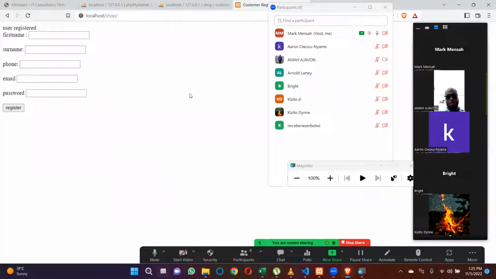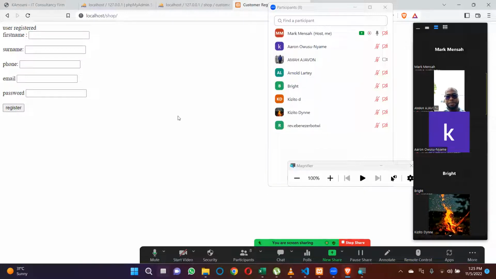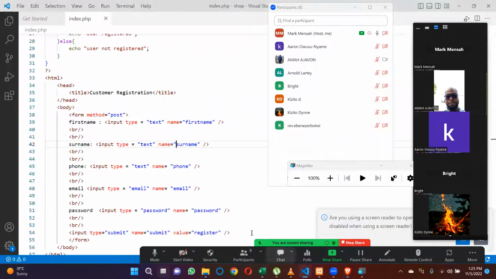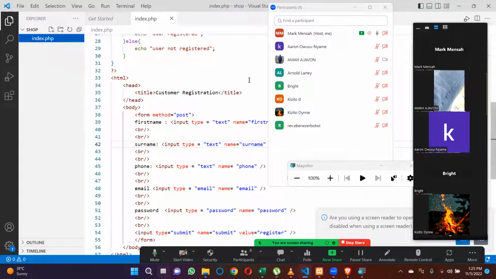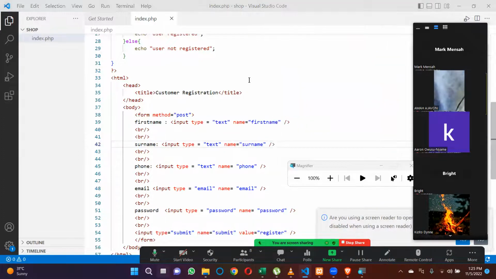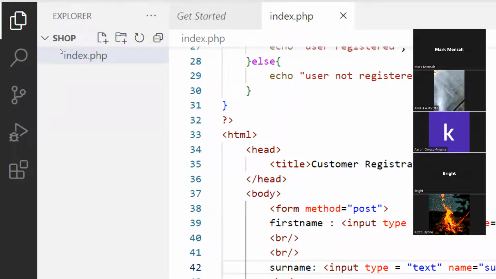Let's end this class by going through another segment of this. We have seen how we can register a particular user. But now we want the person to log in, because if you have registered, you should be able to what? Log in. Okay, so I am going to now create another file